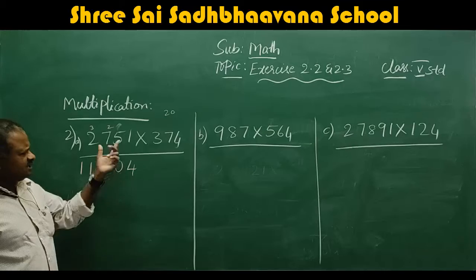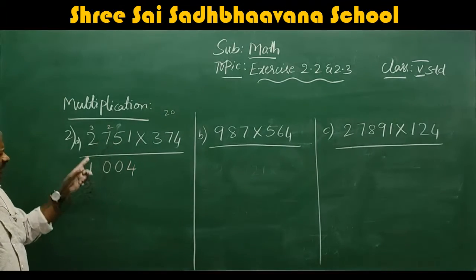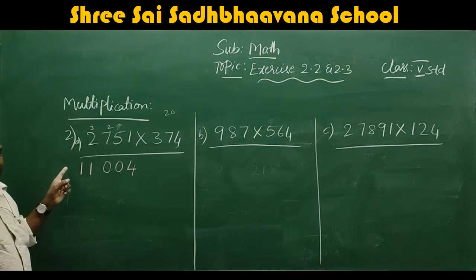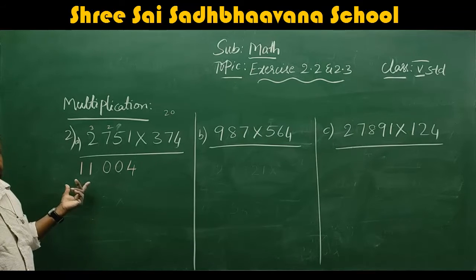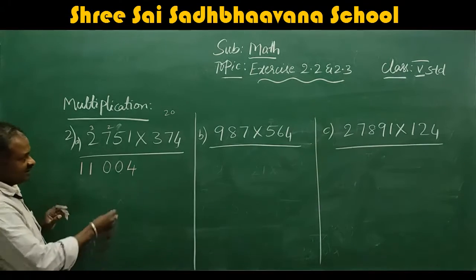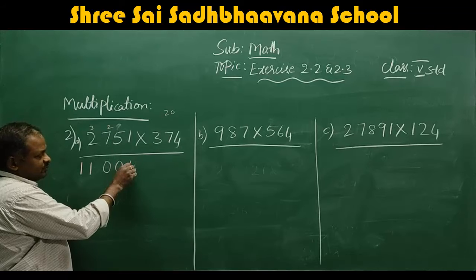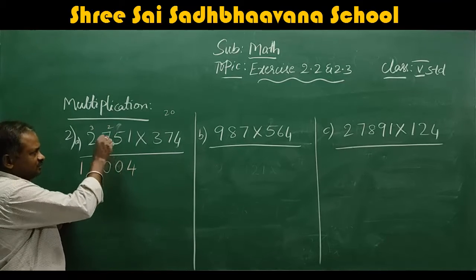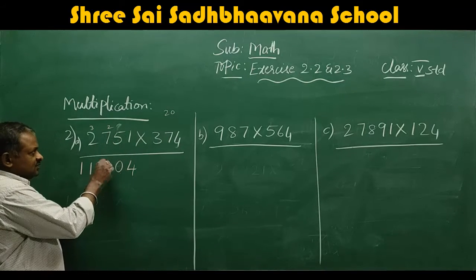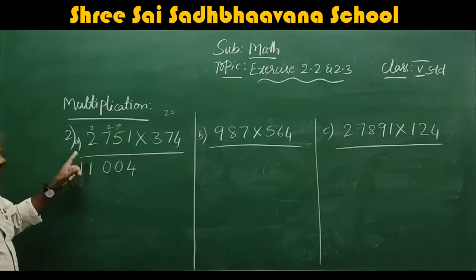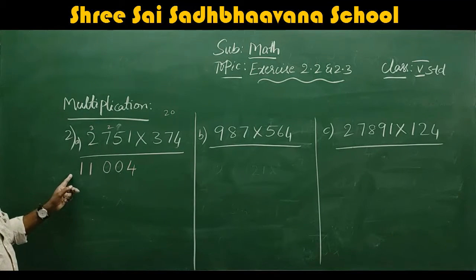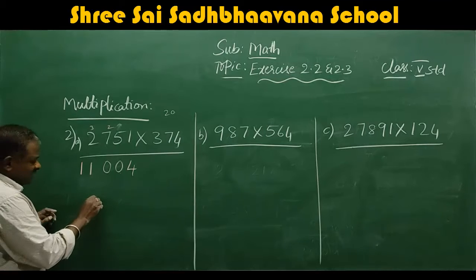You have to write down the numbers one below the other properly. Then only will you get the correct answer while adding. Otherwise, you will get confused. For that reason, below 1, you have to write 4 properly. Below 5, write 0. Below 7, write 0. Below 2, write 1 and go to the next place. Otherwise, don't write 11 like this.